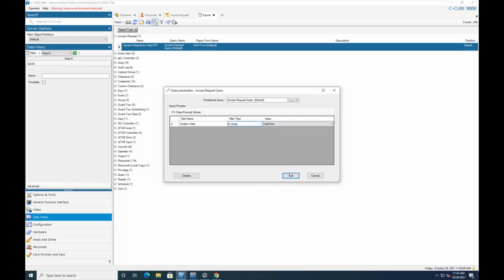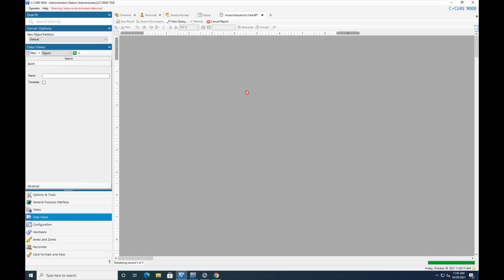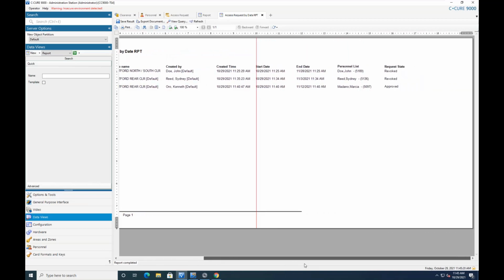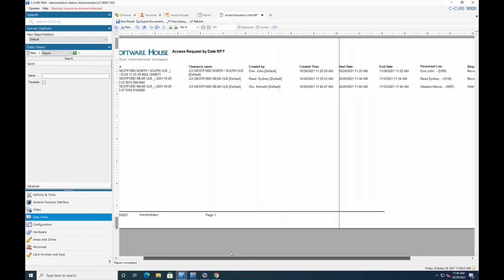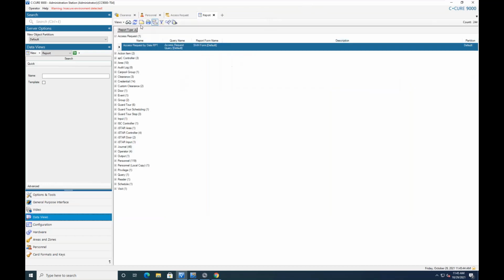If I looked at what happened over the last hour, let's see the three scenarios that we walked through right there with the revoked, approved, who was created by, the time it was created, the start and end dates for those clearances, what the default name of that request was. So not only can you audit from the portal side, but you have that full audit capability in Secure. And that takes us to